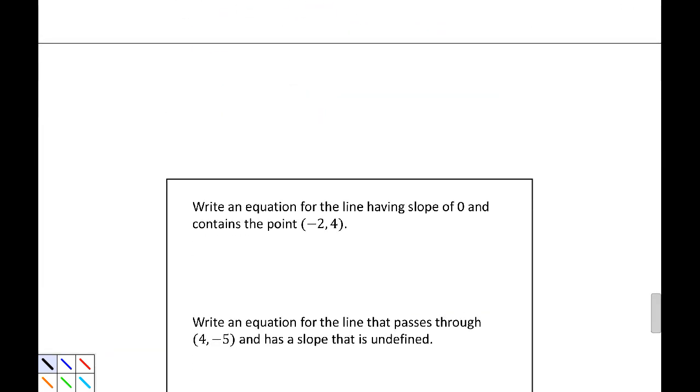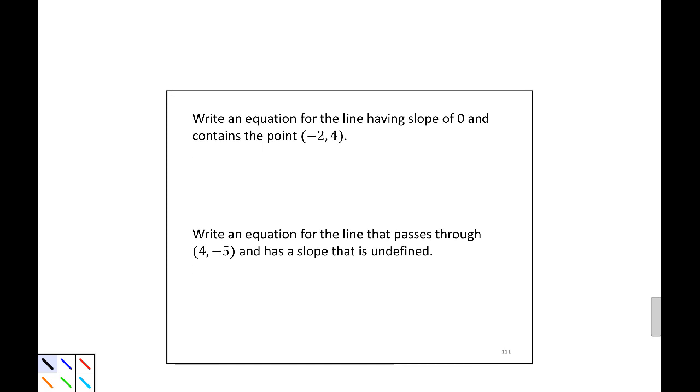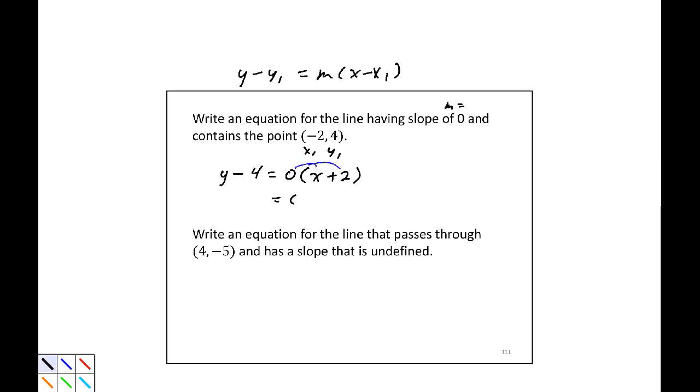Now for our last example, write an equation for the line having slope 0 that contains the point -2, 4. Well, here's my slope. Here's my x1, y1. I can go straight to my point slope. All right, y minus y1, that's y minus 4, equals 0 times x plus 2. Well, if you notice, distributing this 0, that just means I have 0x plus 0. y minus 4, so when I add 4 to both sides,